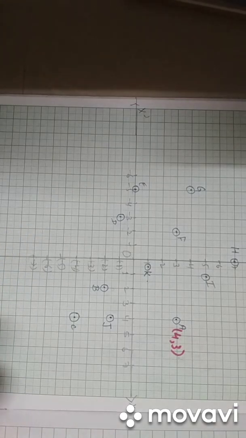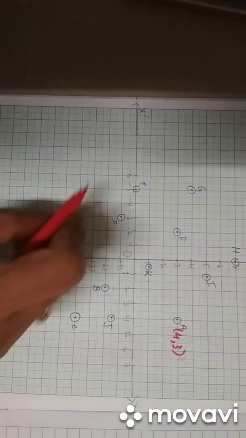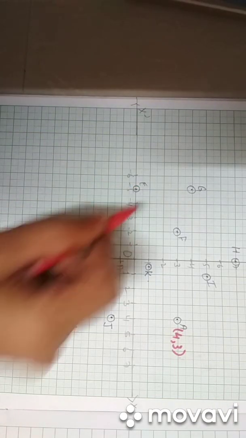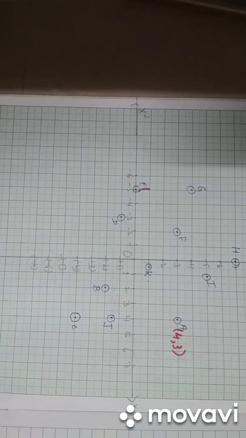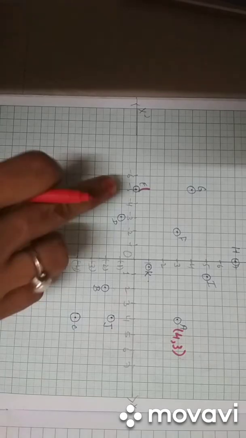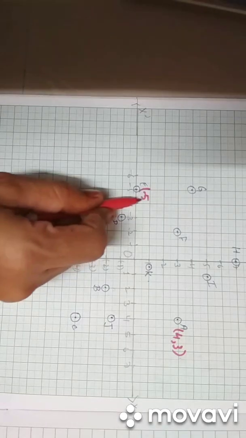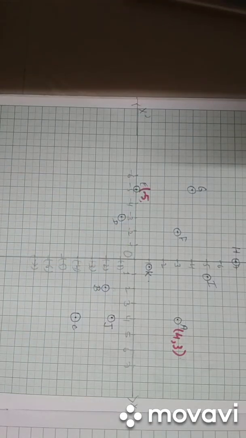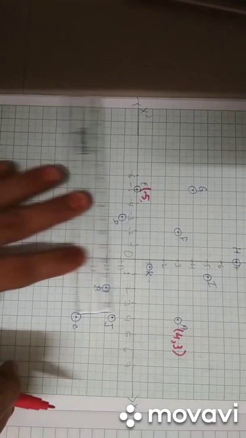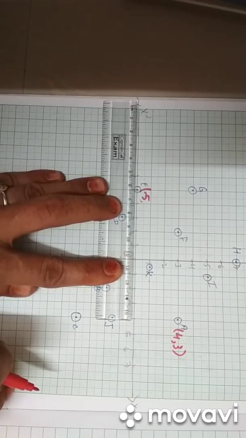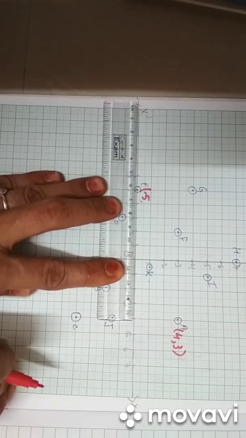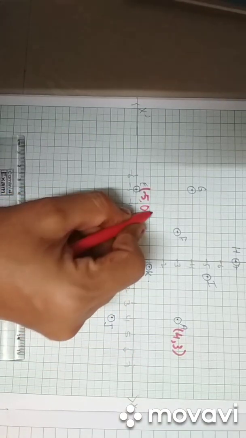Now, I will teach you what happens if the point is lying on an axis. If it is lying on any of the axes, then what would it be? Suppose we take E, then how will it work? See, the x-coordinate, what will it be? It is 5, because it is lying on the x-axis at -5. So it is -5. Now, what will I write for the y-coordinate? It will be 0, because when I move towards the y-axis, it is perpendicular at the origin. So my y-coordinate would be 0.